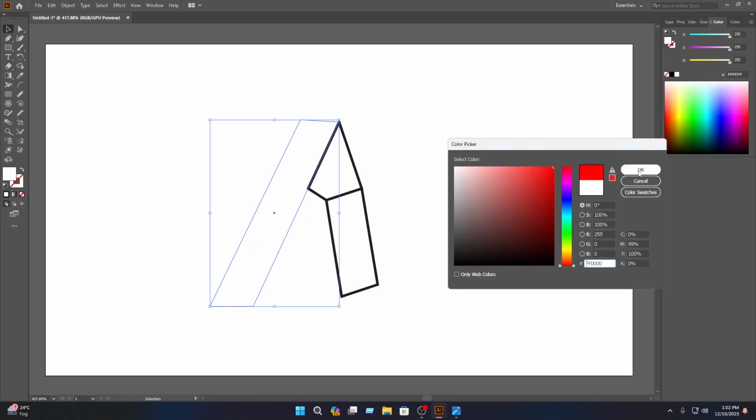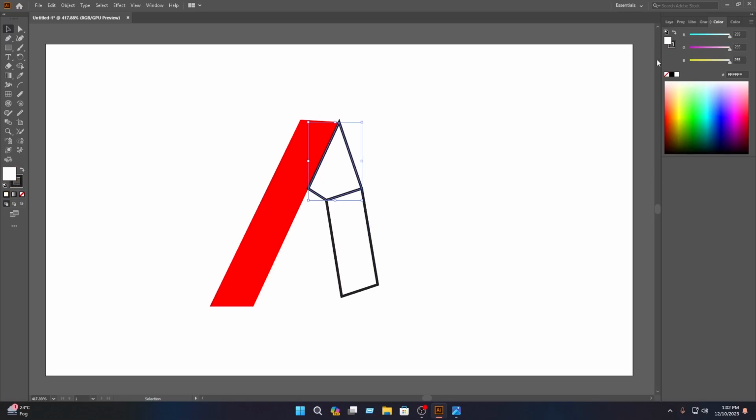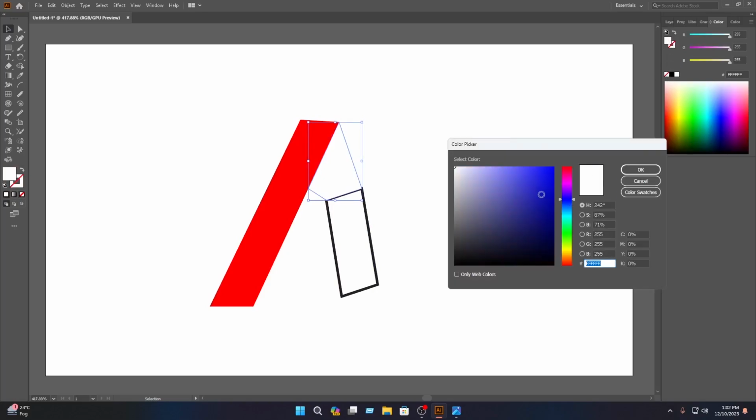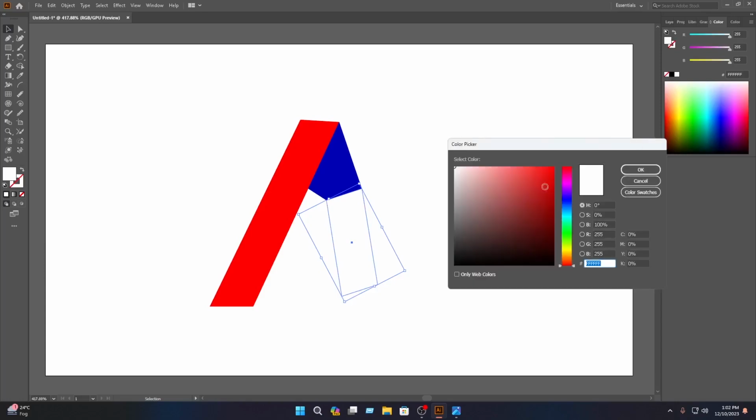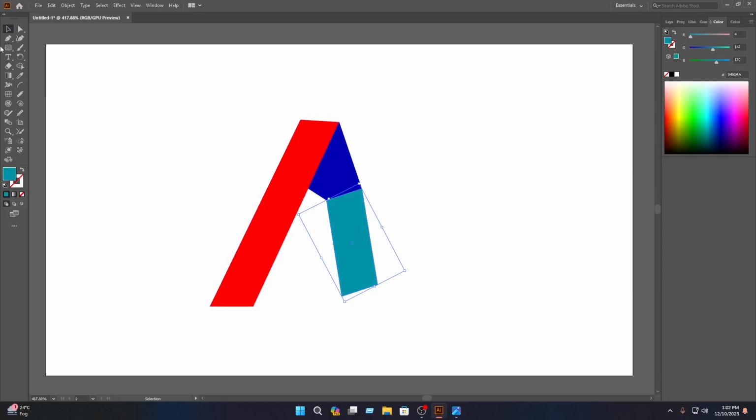then select the red color, then click on OK, then you have to select this, then click on the Stroke, then disable the stroke, then double click on here, then select this color, then click on OK, then you have to select this, then click on the Stroke, then disable the stroke again, then double click on here, then select this color, then click on OK, then select the Move tool,